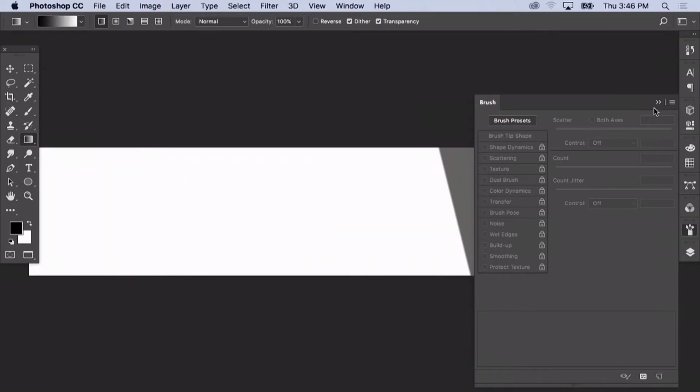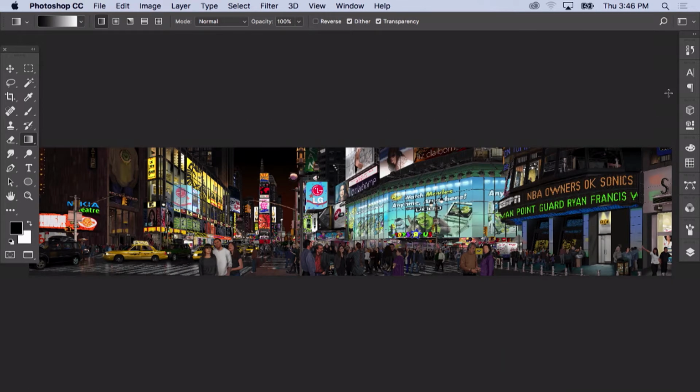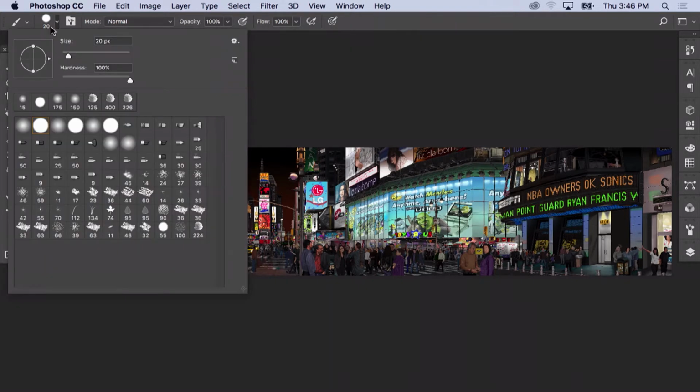a true painting tool for me, because it gave me the kind of power that I needed for going in there and painting. I helped develop that. It turned out the guy who wrote the brush engine was an old friend of mine, Jerry Harris, one of the two guys who wrote Pixel Paint. And in the process, we did a lot of arguing and stuff to get Adobe to agree to things, but